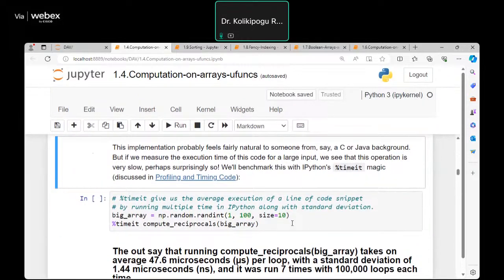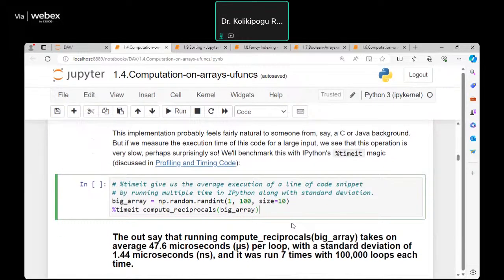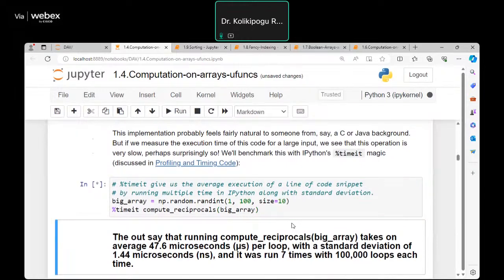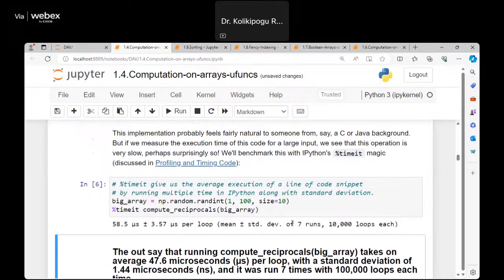So what I'm doing is, on a simple 5 elements, calculation of reciprocal values is pretty easy. But when you work with bigger size arrays, it takes more time. Say, the time it took is here